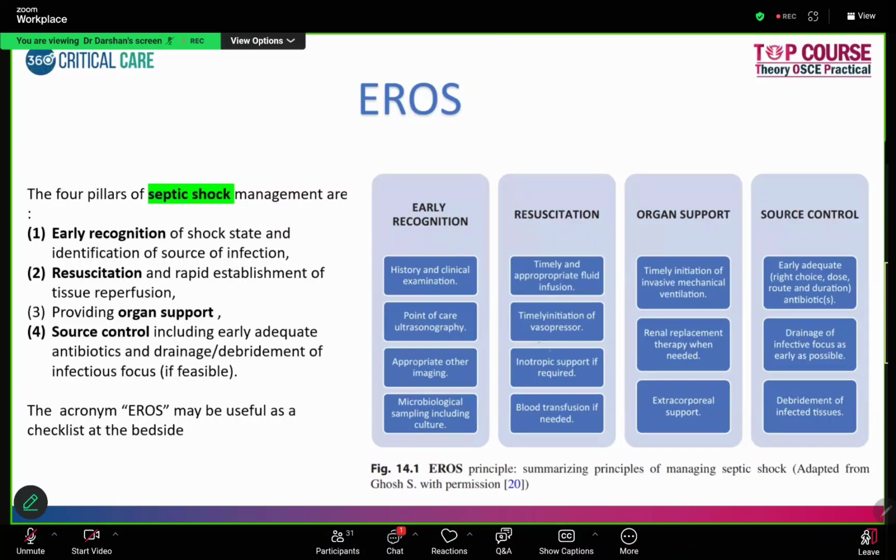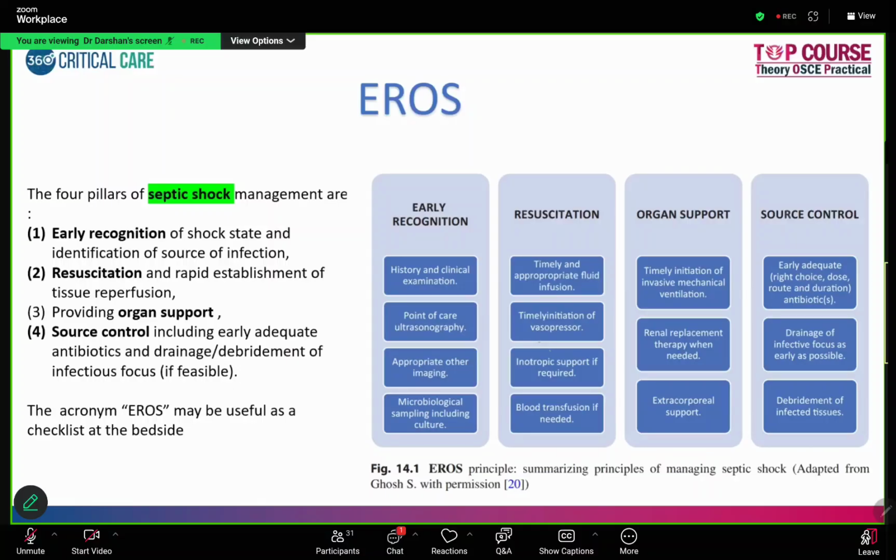In early recognition, what do we do? We have history and clinical examination, point of care ultrasonography, appropriate imaging, and microbial testing. In resuscitation, timely initiation of fluids, inotropes, and transfusion if necessary. In organ support, you need to look for timely interventions like ventilation, renal replacement therapy, and in the worst case scenario,